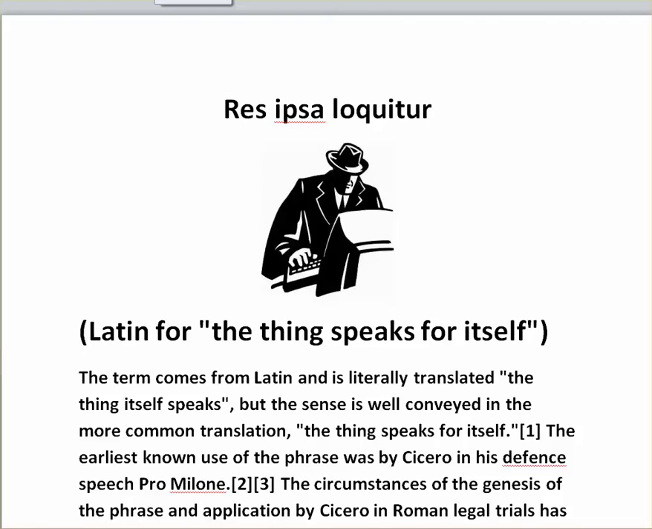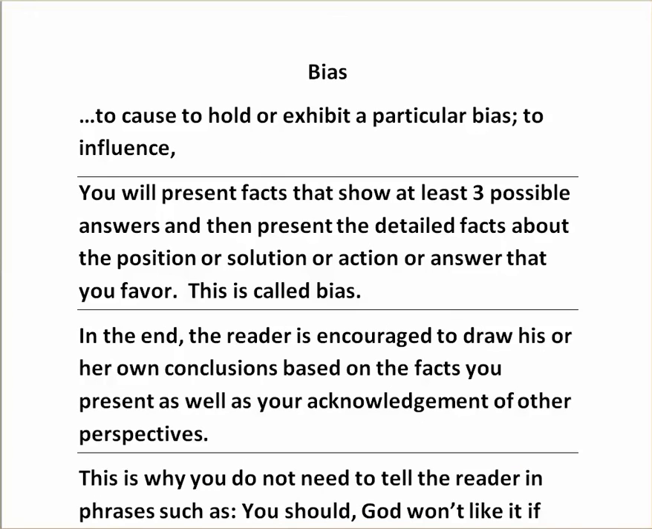And so now I want to take you to the very next word that's a very easy word. Okay, here it is. The word for today is bias. And bias means to cause, to hold, or exhibit a particular bias, to influence. So you're going to be influencing your reader by presenting the facts that you have researched to answer the question